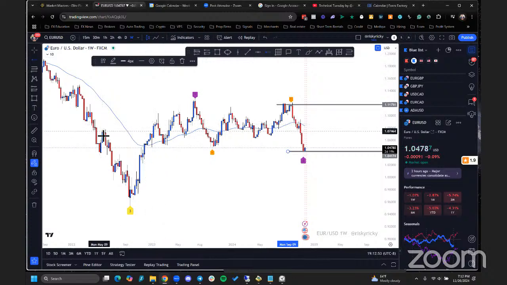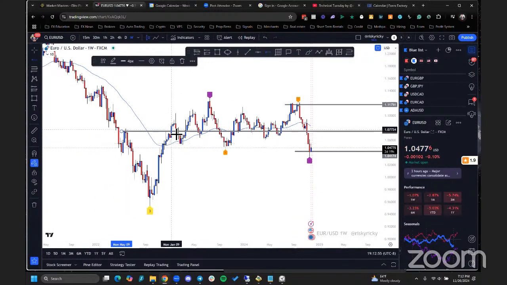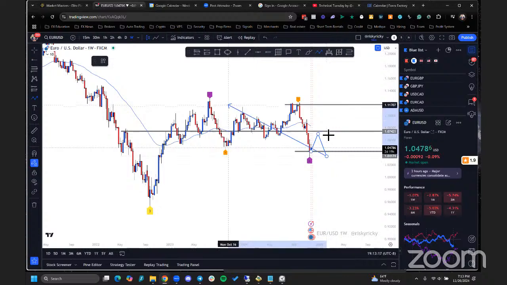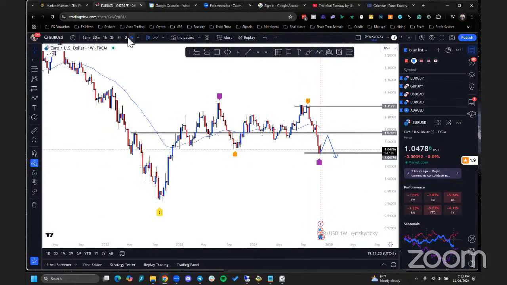Yeah, potentially all the way into these areas here. So definitely not looking to buy, though you may be able to scalp it and catch some quick pips buying, but overall you should be mainly looking for sales. So this isn't really a good one unless you're scalping and catching some quick buys on this. But yeah, weekly,